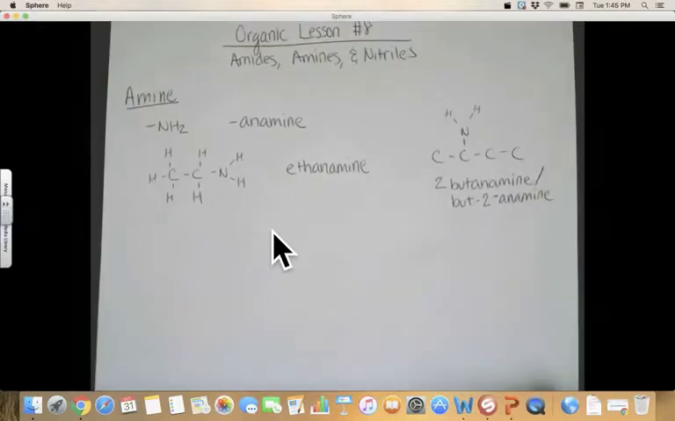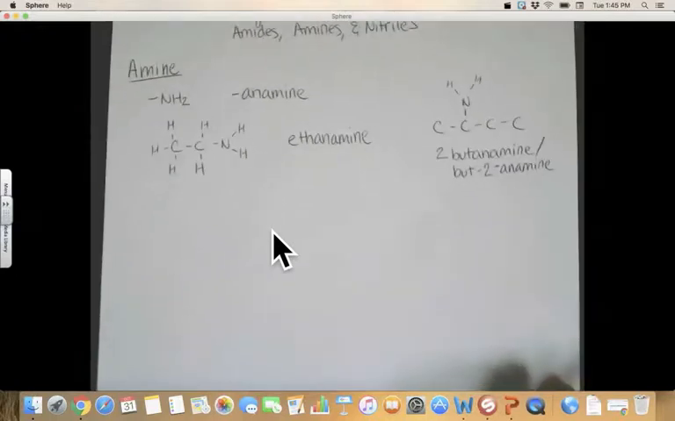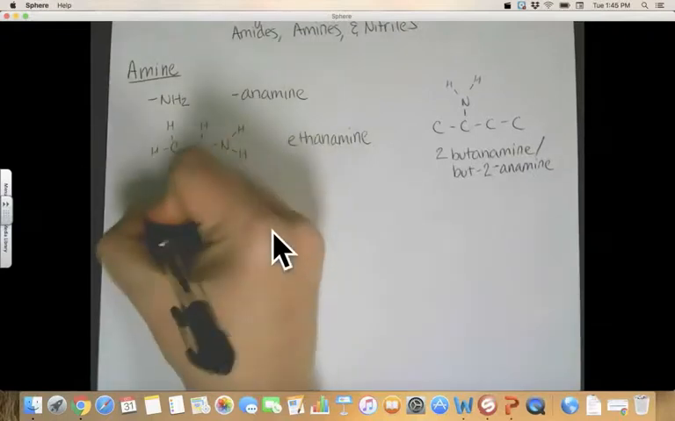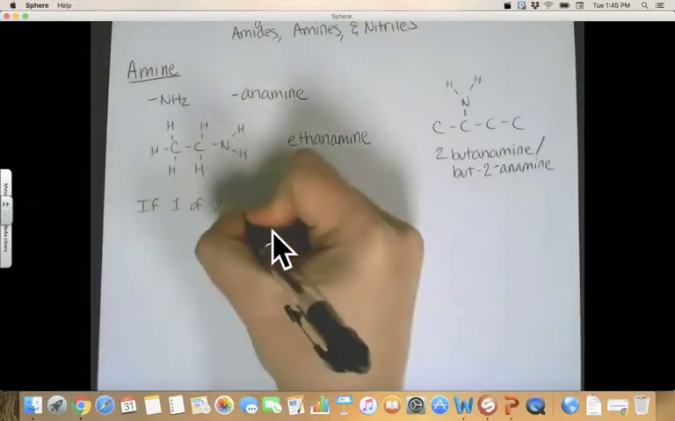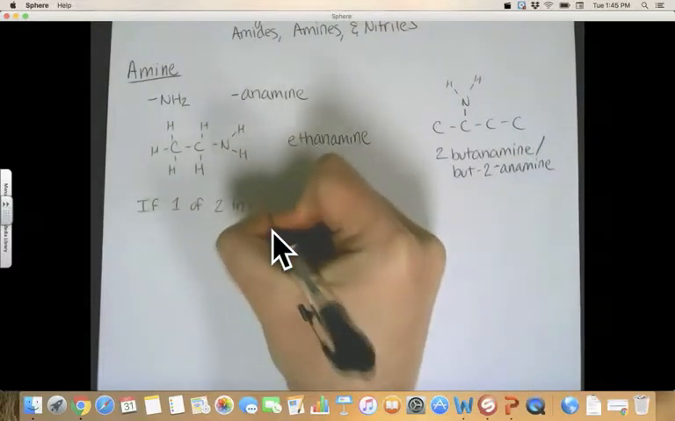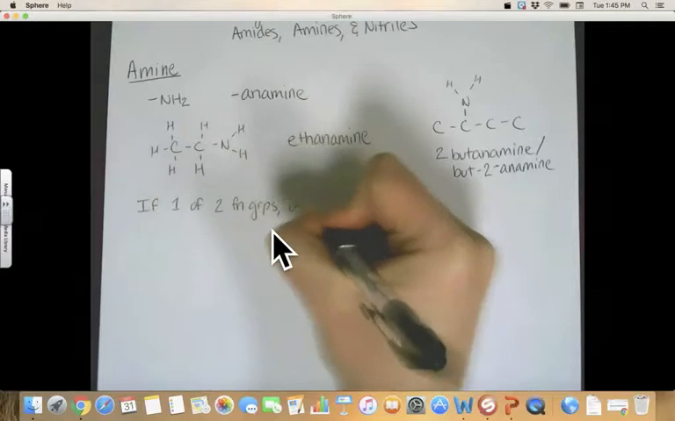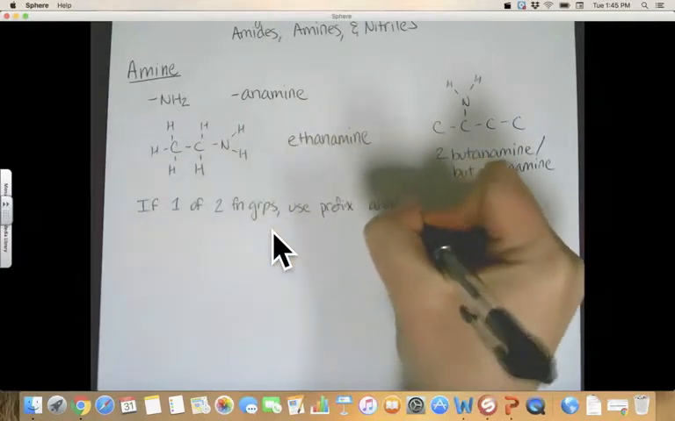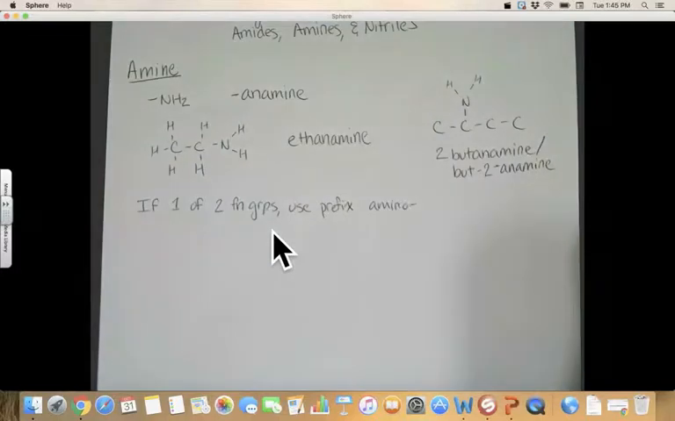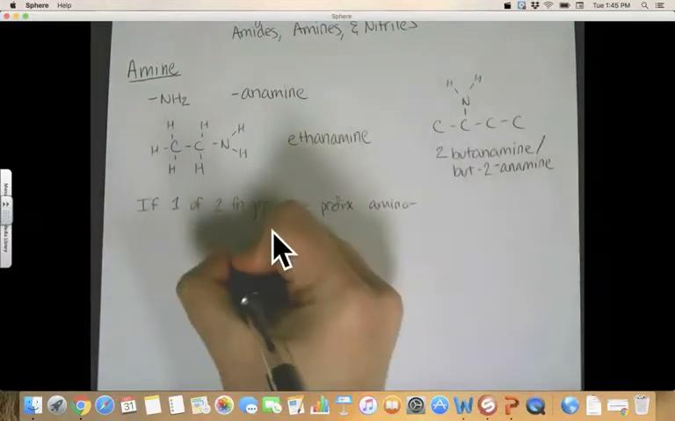Now, amine groups are frequently found in compounds that have more than one functional group. So, if it is one of 2 functional groups, we're going to use the prefix amino. Oh, you might have heard this somewhere. So, for instance,